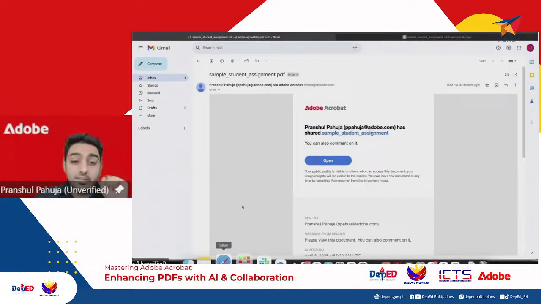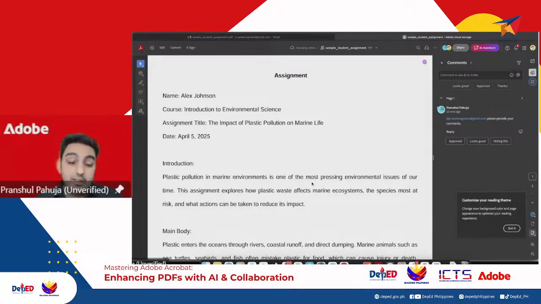But if not, they will also get an email which looks like this. So in this case, the person whom I had tagged could be one of my seniors or peers. This person received an email saying the sender, Pranshul, that is me, has shared the sample document and you can put your comments to it. Now, when I clicked on the open button, it took me to the PDF. Now, if I was on Acrobat, I could be working on it and straight away writing the comments. But even if I do not have Acrobat, I'm only accessing this on my web page, I can still click on the link. It will open this browser-based interface within the same browser I'm working in, and I can use this to post my comments.